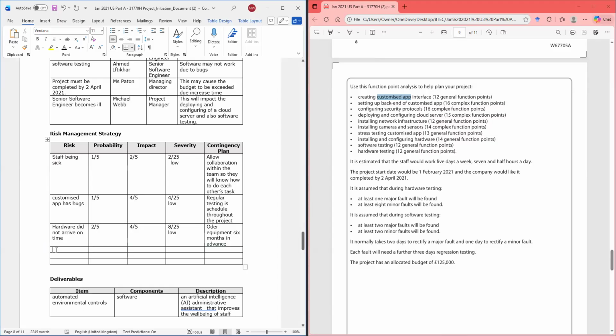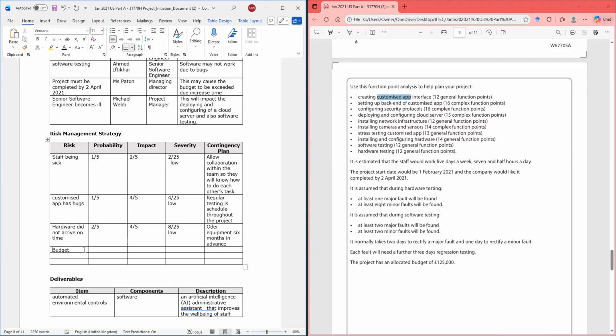Budget. Let's say that we have a risk of exceeding the budget. Okay. Budget of, how much is it? 125,000 pounds.